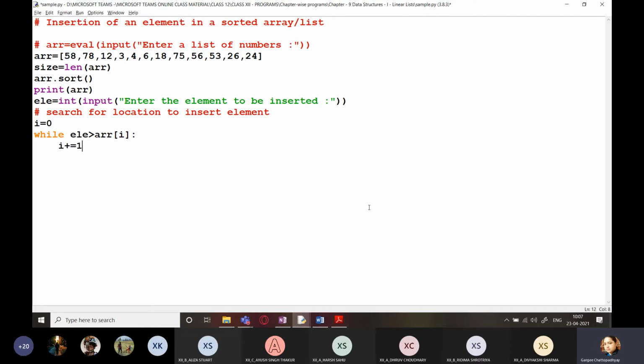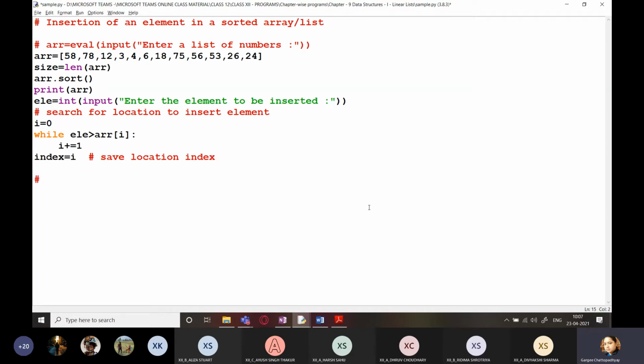That is, go on updating the value of I till the time element is greater. Okay. And once the condition is false, automatically the loop will terminate. Index equals I. So this is save location index, which we have to insert the new element.